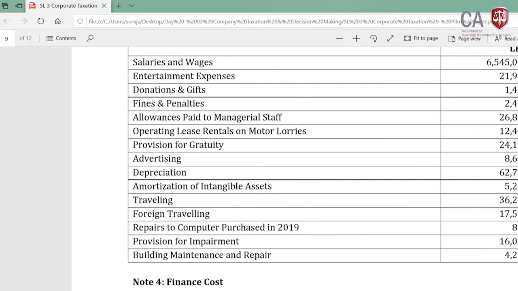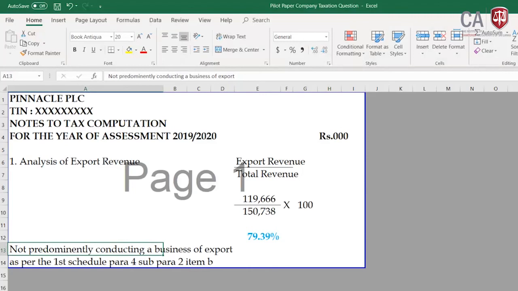Anyway, we will think that it is deducted, since the note has given it as deducted from the cost of sale. Then we will take it as already deducted from the profit before tax, even though it has not come to this 1,470. Then we will go for the answer, the business income.